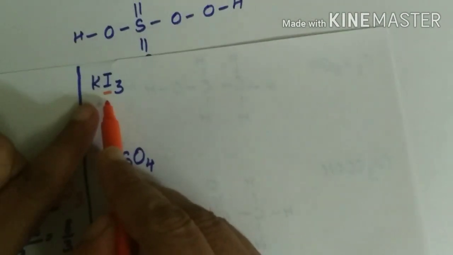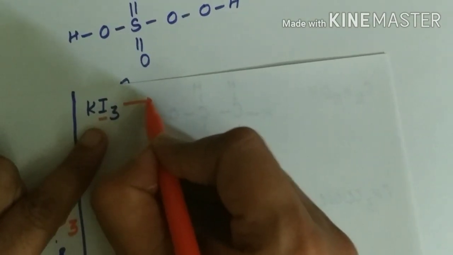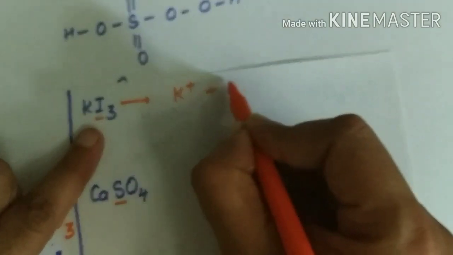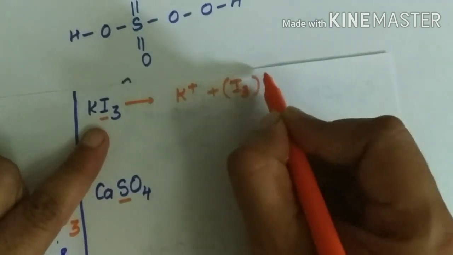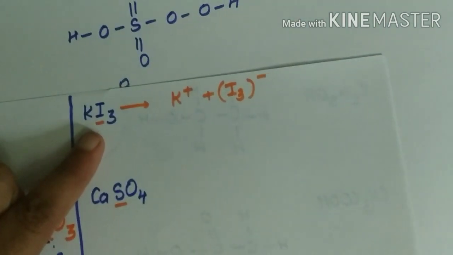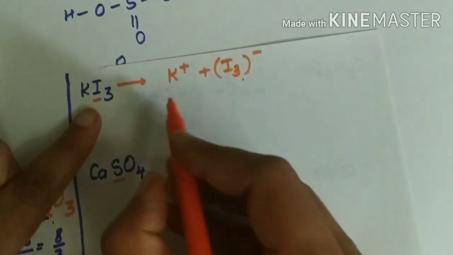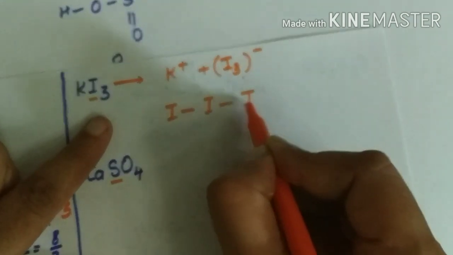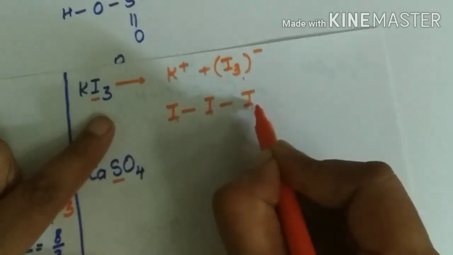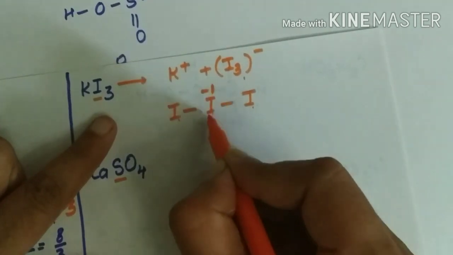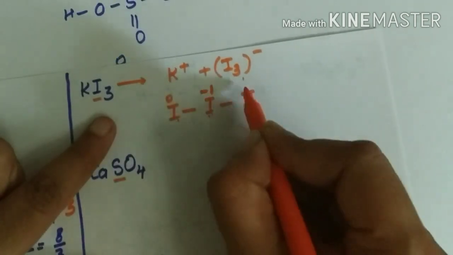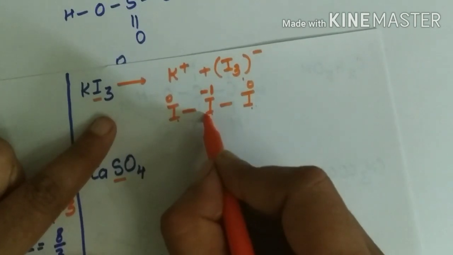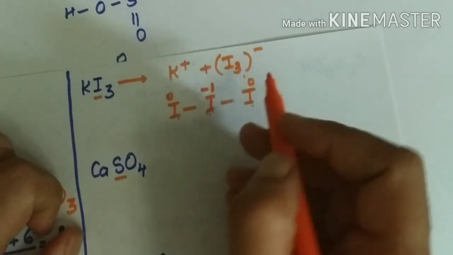Now let us see the next example, KI3. It is an ionic compound. If we ionize it, it will give K positive plus I3 carrying a minus 1 charge. Right? So in I3 there are 3 atoms of iodine. It will have a structure like this, I, I and I, linked like this. So they will have normal covalent bonds, and this terminal iodine will be assigned the -1 oxidation state. So this iodide ion will have a -1 oxidation state.